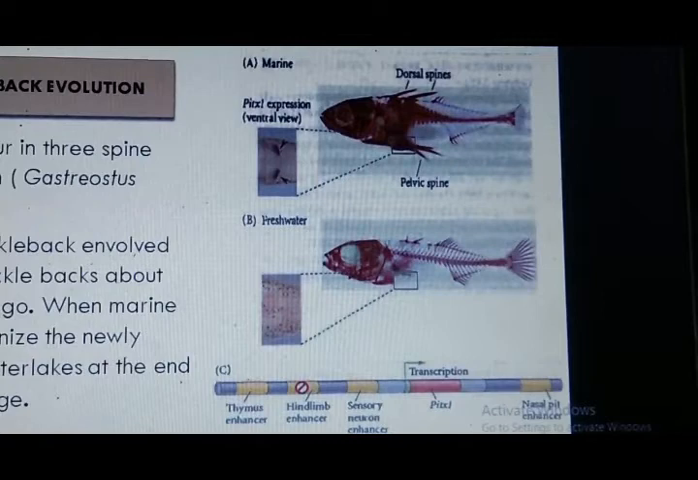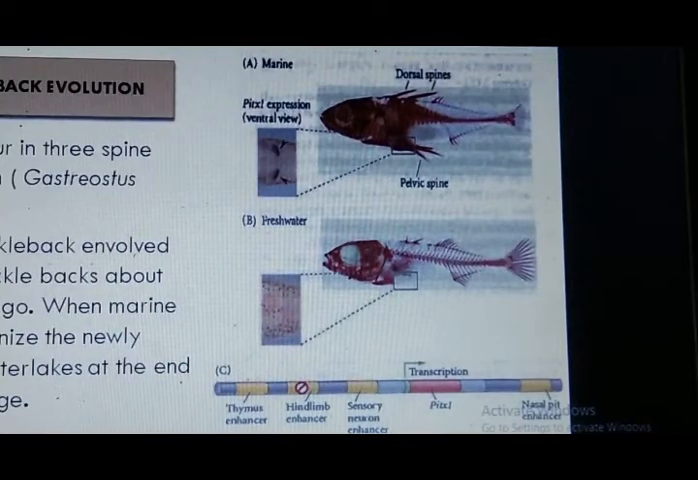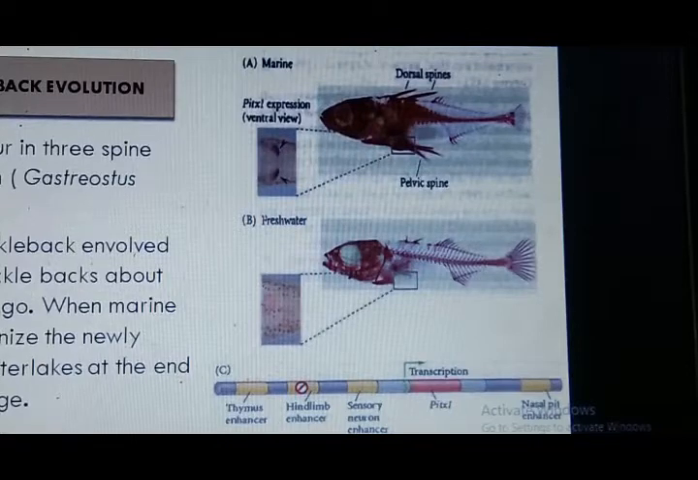Yes, about the picture: it explains the modularity of development, where loss of an enhancer reduces PITX1 gene expression in the pelvic region of the freshwater population of the threespine stickleback. Body plates and pelvic spines characterize the marine population of this species. In picture A, this is the freshwater population,